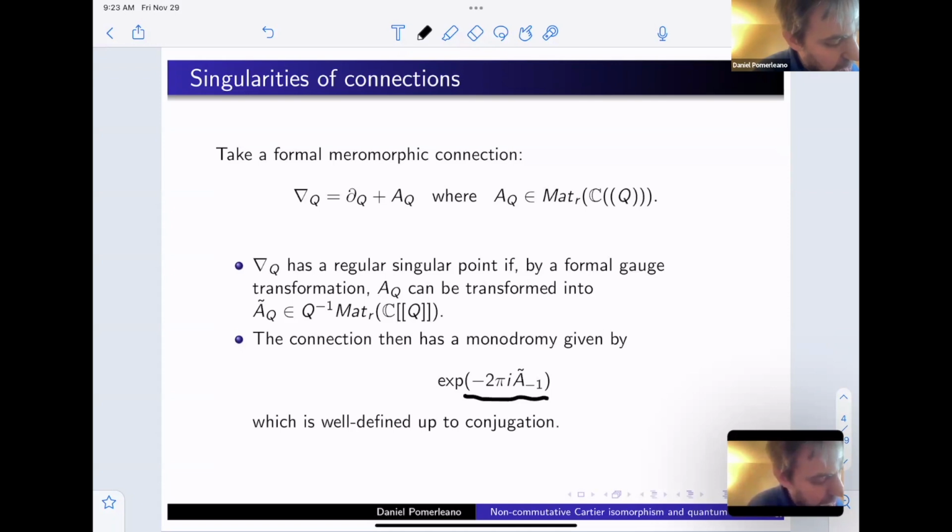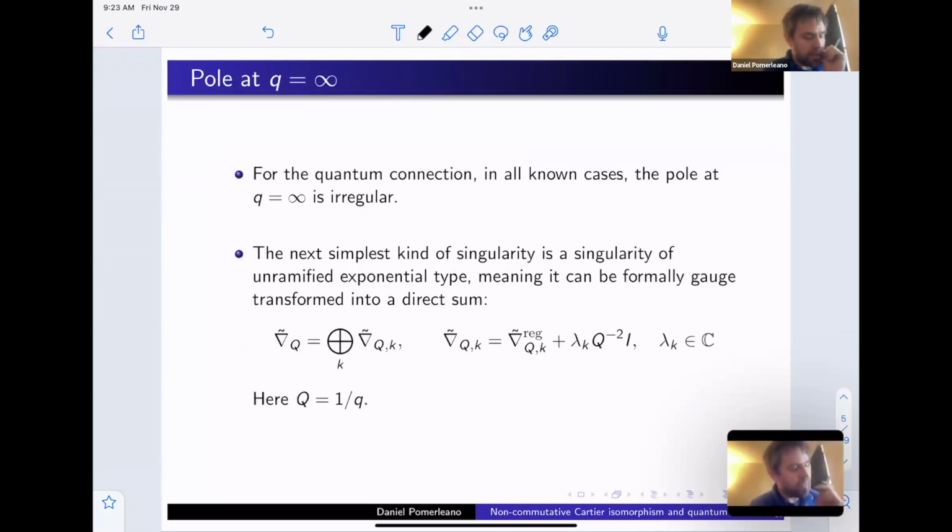Okay, so going back to this quantum connection, I'm thinking about some kind of mirror symmetry. So I want to do this kind of thing, and maybe something similar in quantum cohomology. And for the quantum connection,